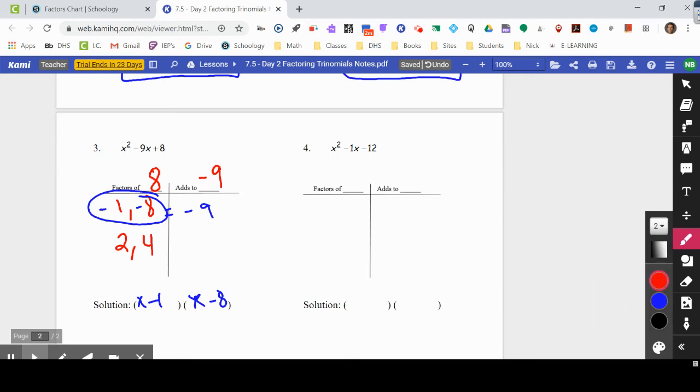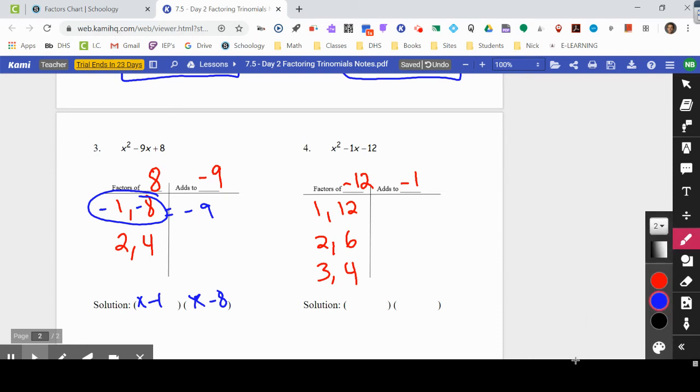Awesome. Let's try number 4 here. I've got x squared minus 1x minus 12. All right, so now I've got to find factors of negative 12 that add to a negative 1. Well, factors of negative 12 are 1 and 12, 2 and 6, and 3 and 4, right? And if I have to multiply to a negative, this time only one of these numbers is going to be negative,